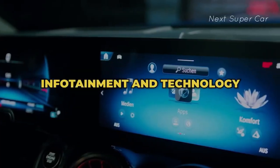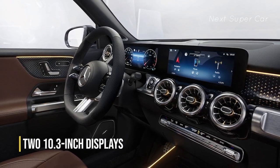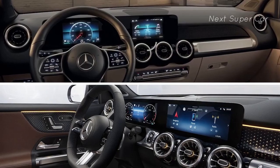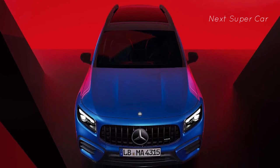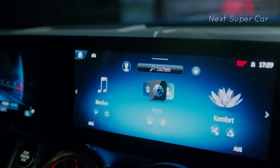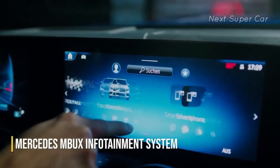Infotainment and technology. Stepping into the cabin, you're immediately greeted by a pair of striking 10.3-inch displays, a significant jump from the previous 7.0-inch screens found in the 2023 model. What's even more exciting is that these screens, previously exclusive to that premium package, are now a standard offering. At the heart of it all stands the most recent version of the Mercedes acclaimed MBUX infotainment system, promising an